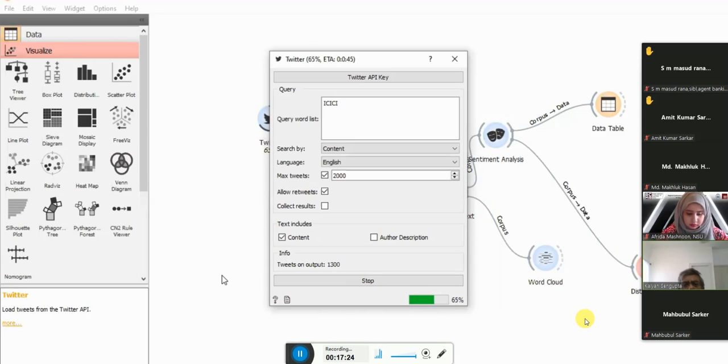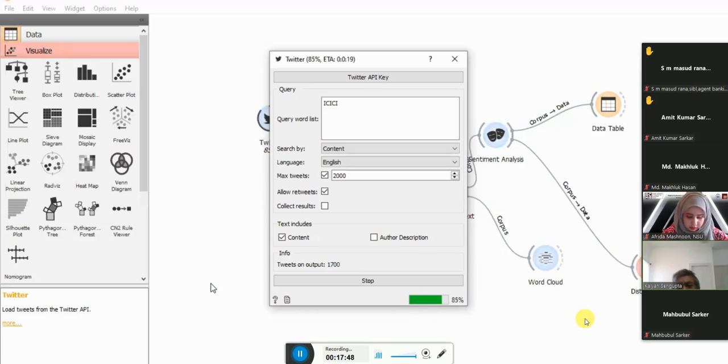You can connect them, and in a very easy way, you can generate your models. There are many things in it, so it might take one week's time to learn Orange, but once you have learned it, you can do it very easily without much of a problem.